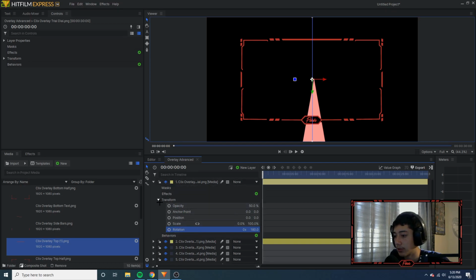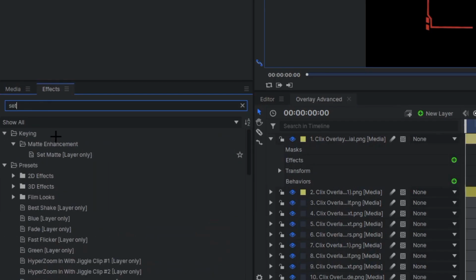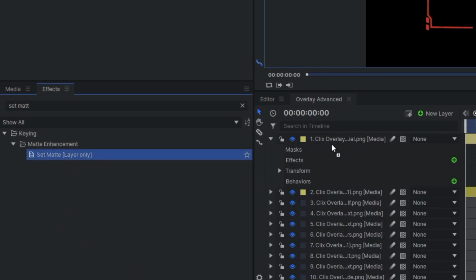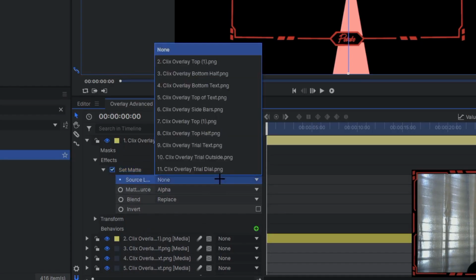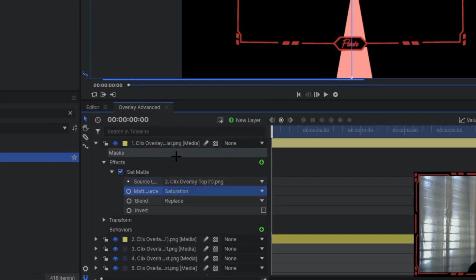So then you want to undo this, and then go to effects, search for set matte just like we did in the basic if you're watching that one as well. Drag that over onto the dial, down arrow, set the source to the top one, this one right here, number 2 on the list. Then you want to change it to saturation,